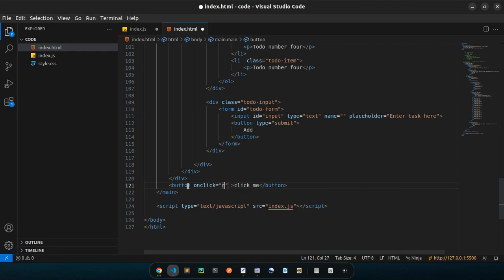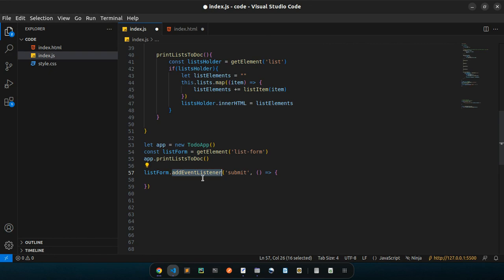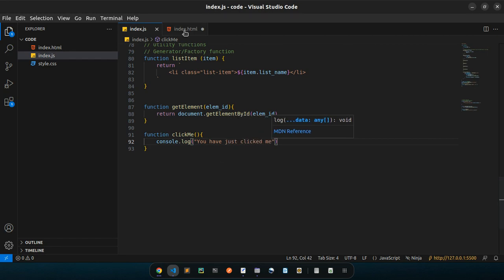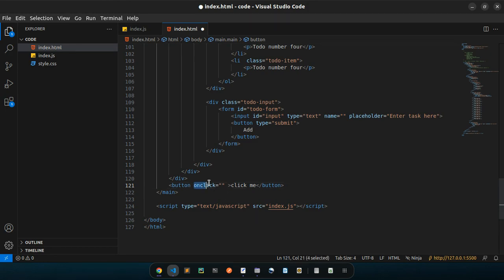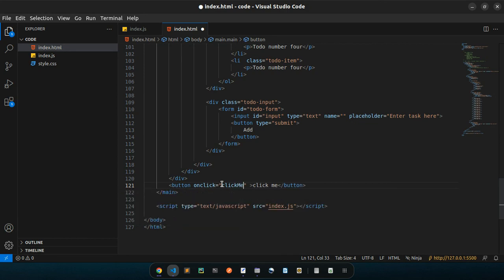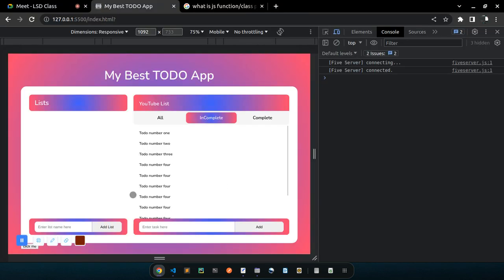write some JavaScript here. So for this case, let me do some function here quickly under my utility functions. Function clickMe, and in this function, I'm going to say console.log, you have just clicked me. So this is a function, and whenever we use the onClick attribute, it needs to pass in a function like that. clickMe. So if I save, come to the browser,